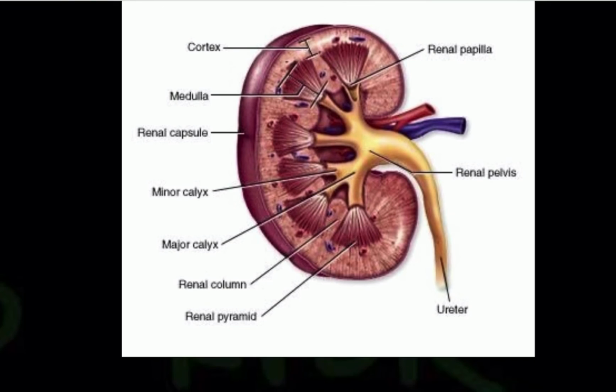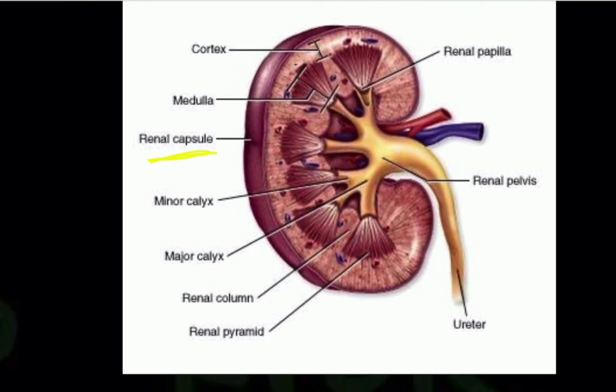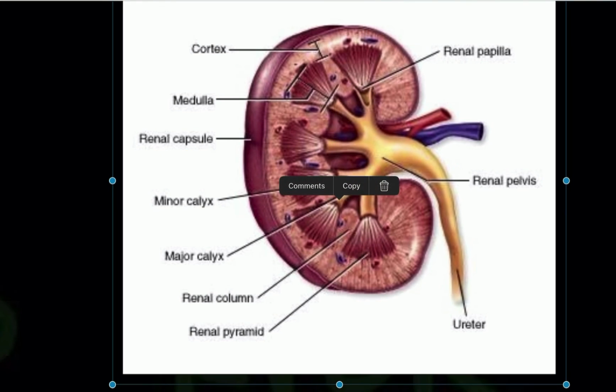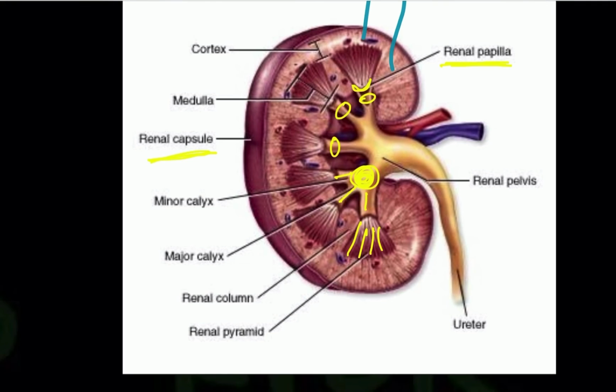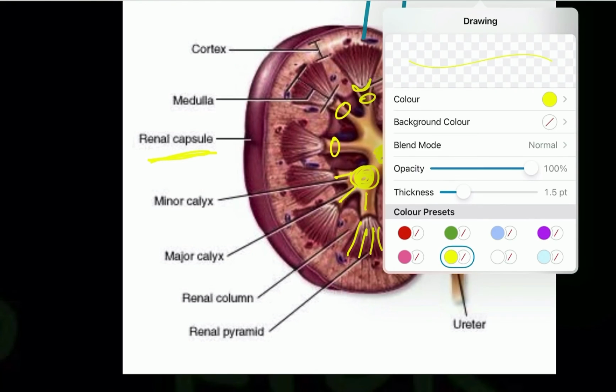Now let's look at this picture. So you have this renal capsule. Then you have this cortex, this light brown colored substance, that is the cortex, which forms medullary pyramids. At the apex of the medullary pyramids, you can see it forms the renal papilla. Now, the renal papilla opens into the minor calyx. So these are minor calyces. Now you can see that the minor calyces, one, two, three, open into the major calyx. This major calyx then opens into the renal pelvis.